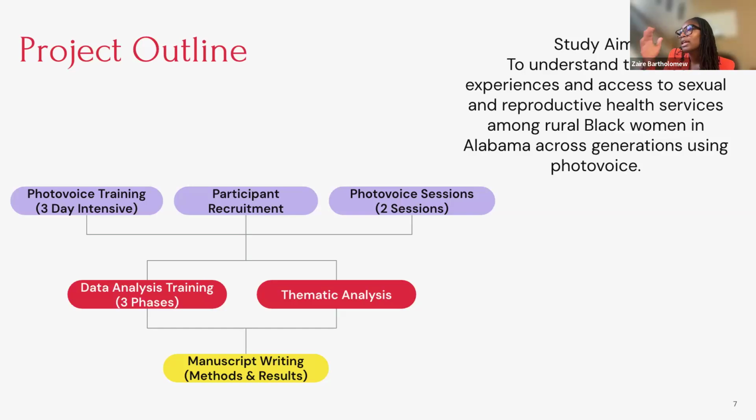And so after our data collection phase, we went straight into our data analysis training, which happened in three phases. And I'll talk a bit more about that in the presentation as well. From the training phase, we went into data analysis, and that looked like a thematic analysis. So really thinking about what are the themes that are coming from the data that we have. For example, some of the themes that we are seeing now as we're in manuscript writing surround education, cultural attitudes and stigmatization, as well as access to care. And so now Kayla, Janine, Eliza, and myself have the wonderful opportunity to support Dr. Albritton in the manuscript writing, and specifically with the sections of methods and results.